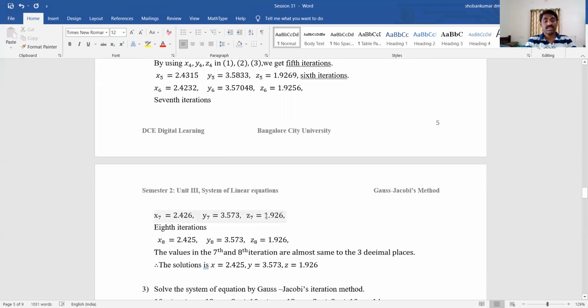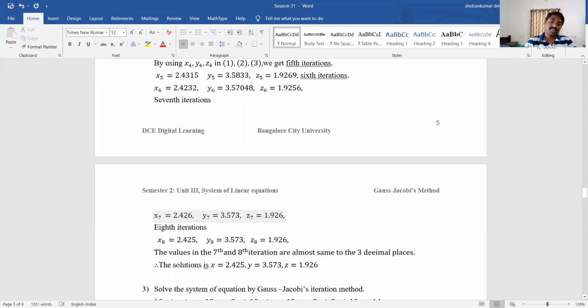And again, with these, the eighth iterations are x8 is equal to 2.425, y8 is equal to 3.573, z8 is equal to 1.926. Here by observing, the seventh and eighth iterations are approximately the same up to 3 decimal places,